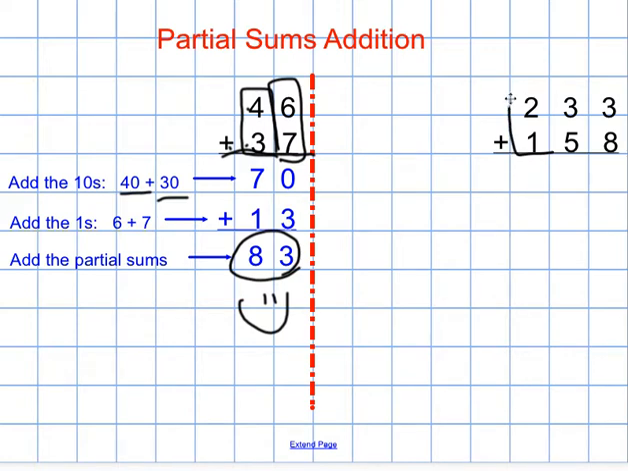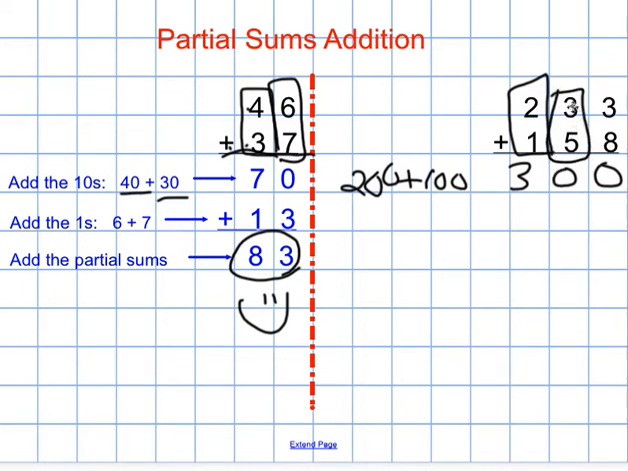We're going to start in the highest place, which is our hundreds. We have 200 plus 100 equals 300, and I'm going to line up my numbers under digits underneath each other. Then I'm going to move to my tens, and I have 3 tens and 5 tens, which you know and I know is 30 plus 50, which is 80. So again, I put my 8 in the tens place, and then my 0 in the ones place,